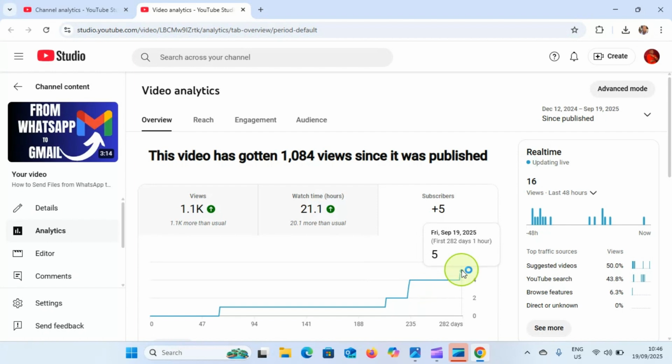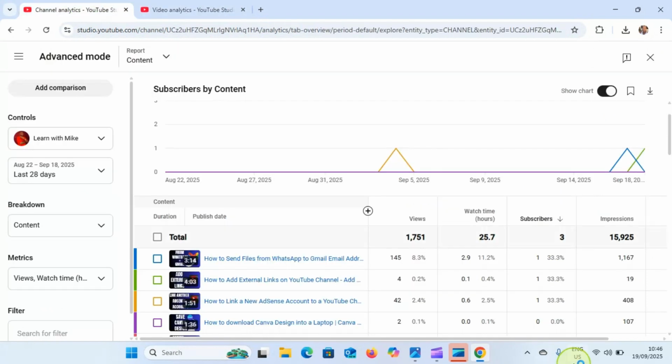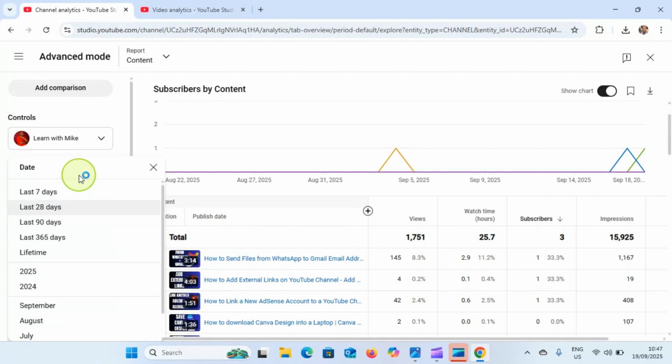So when you hover your cursor on any section, any part where there is an increase, a rise, you will see the date. Okay, so let's get back to this main analytics page for subscribers. Now you can see the range here is last 28 days. So let's say we want to do this for the lifetime to see the video that has brought in more subscribers. So click here and then maybe you want to go for a particular month, but here let's go with